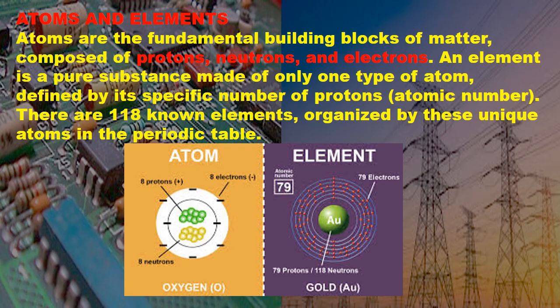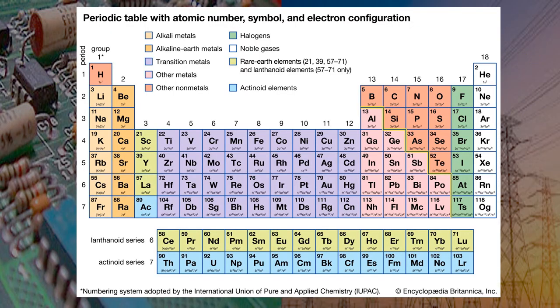An element is a pure substance made of only one type of atom, defined by its specific number of protons, which is the atomic number, and there are 118 known elements organized by these unique atoms in the periodic table. So elements are organized in the periodic table. Let's look at it. This is a periodic table. It's an arrangement of all the elements. Okay, so these elements,